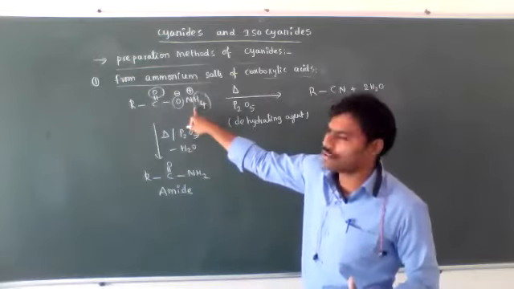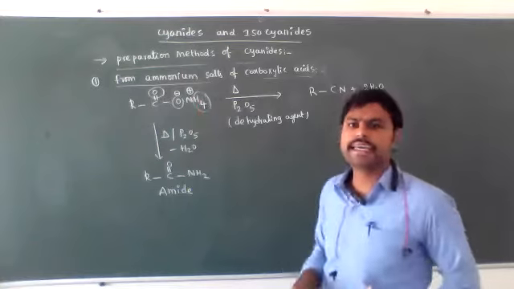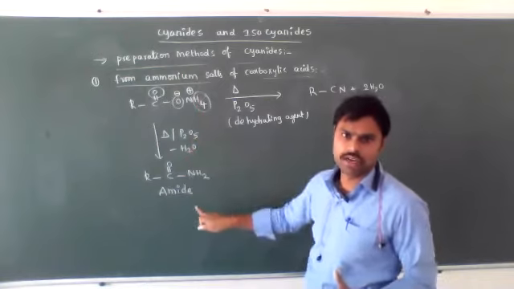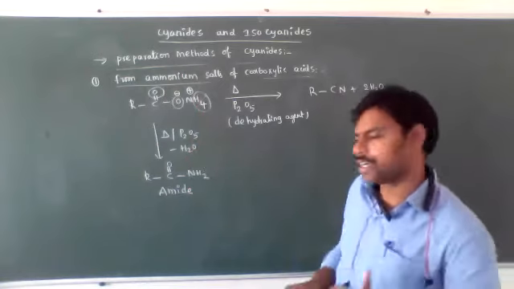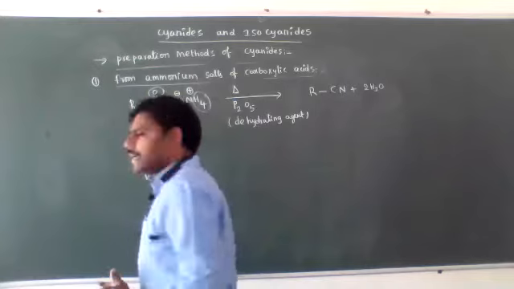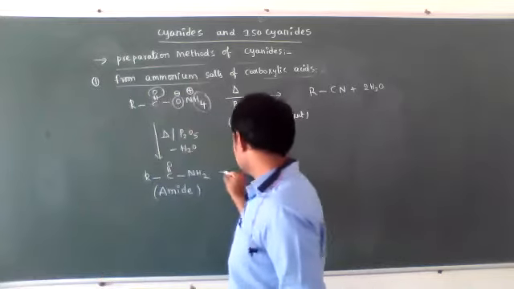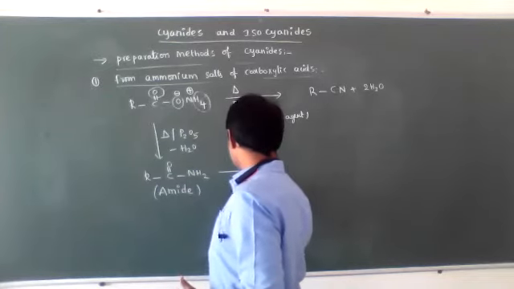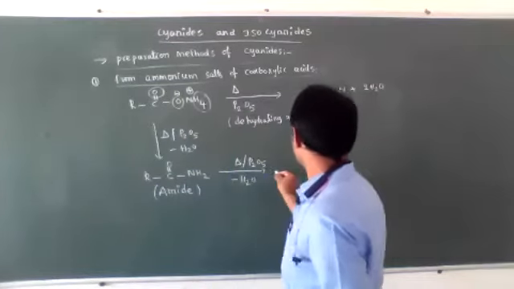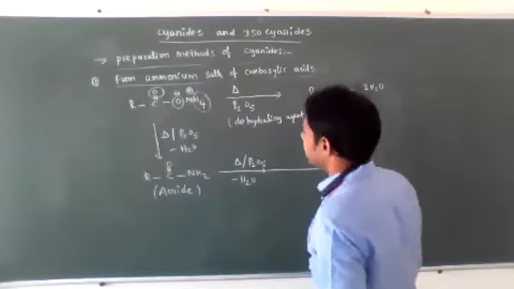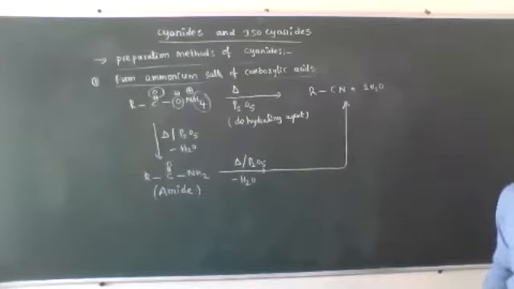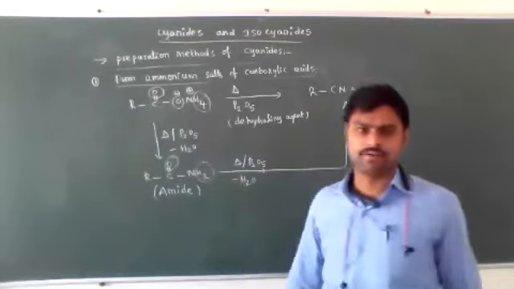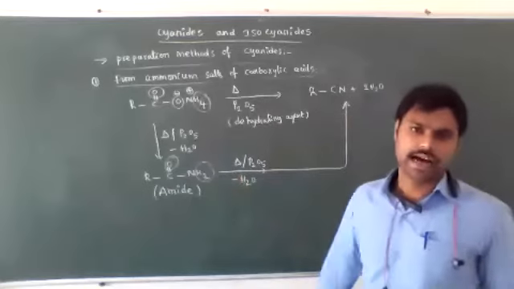So, from ammonium salts of carboxylic acids on controlled heating or controlled dehydration, by the removing of one water molecule, then we are getting amides as the intermediate products. Then this on further heating, loss of one more water molecule, we are getting RCN. See this oxygen and these two hydrogen atoms came outside. Then we are getting RCN, cyanides.